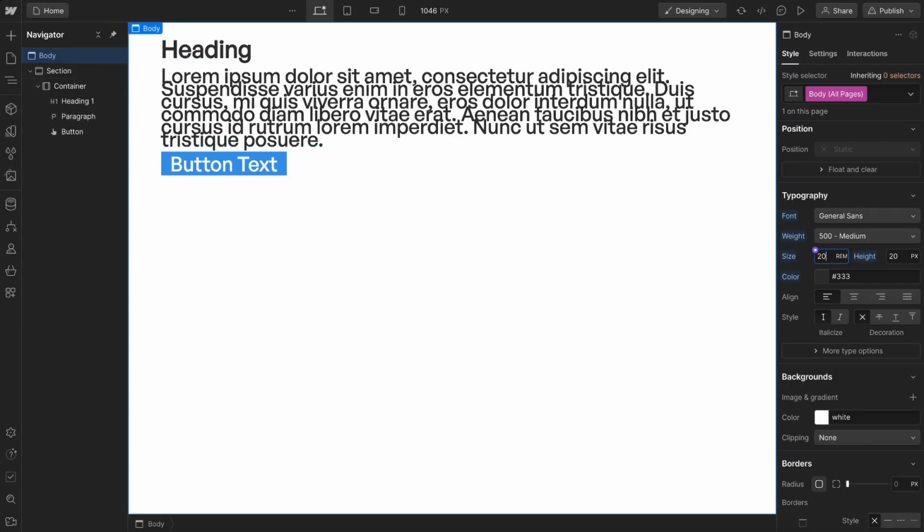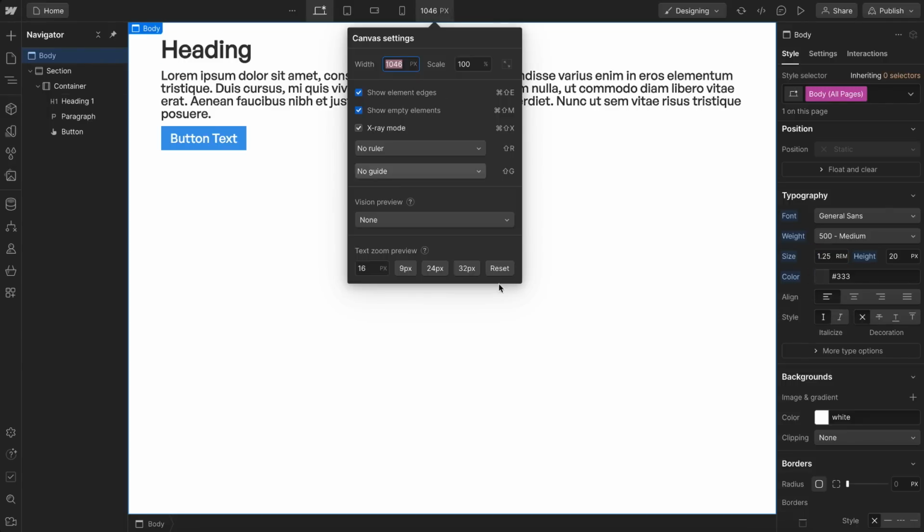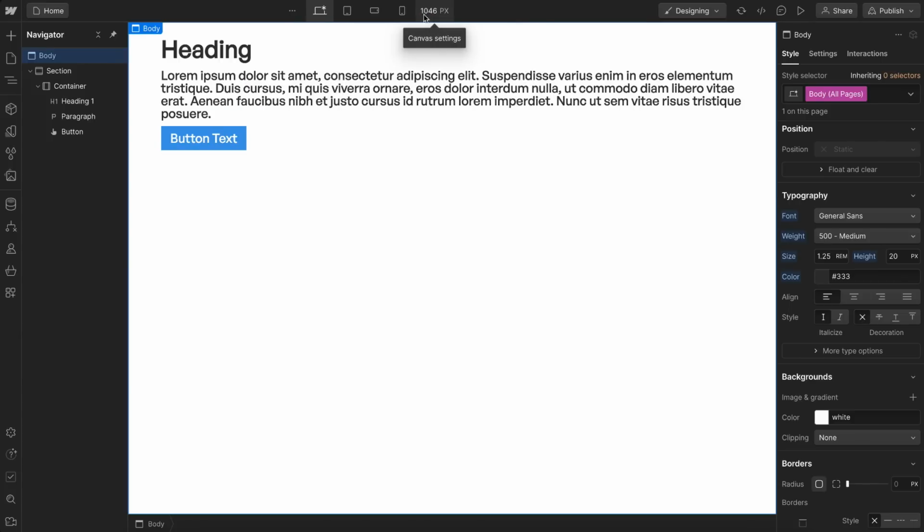In our case, we want this to look like 20 pixels. So we can do 20 divided by 16. And that will give us, looks like 1.25 rem. And that'll look the same as 20 pixels, but the website visitor can actually adjust that. So anywhere that we would usually use pixels, we want to use REM instead, so the entire design can be